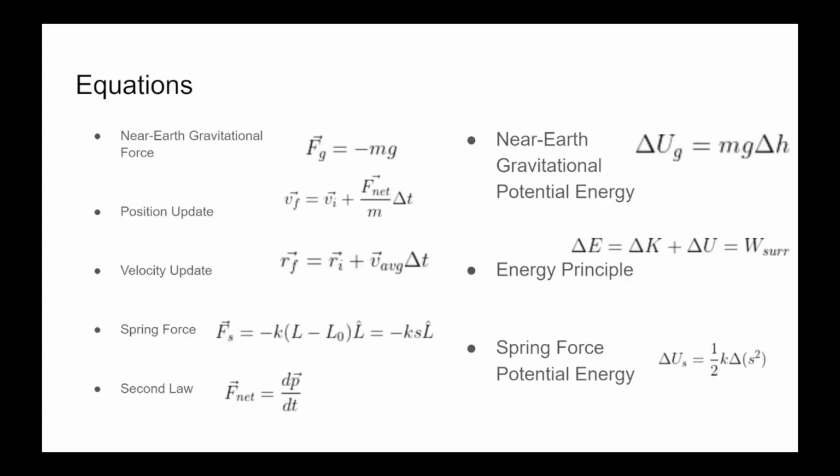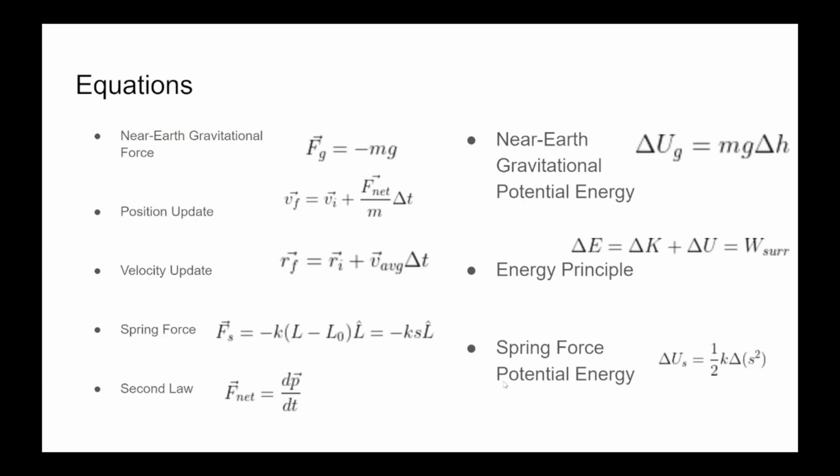In this lab, we use Newtonian physics to describe the motion and forces acting on our objects. Furthermore, we use the energy principle to observe the kinetic, potential, and total energy of our system throughout the duration of the experiment. On this slide, I've outlined the different forces that we'll be using for the simulation, as well as the position and update formula necessary for simulating the motion of the object, as well as the relevant energies